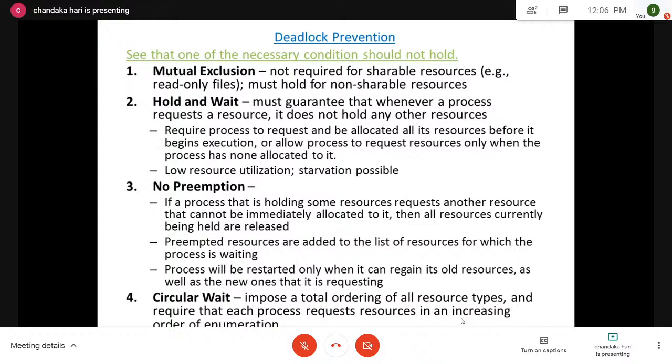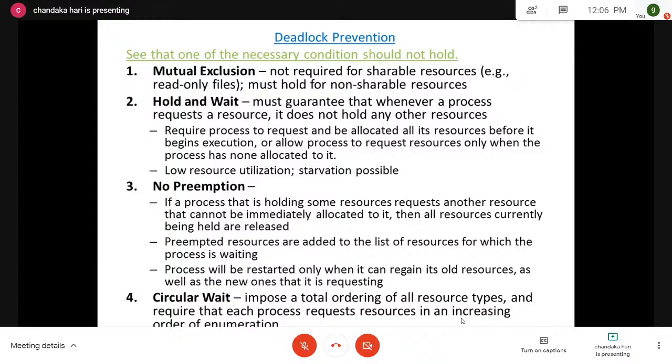Now, the third one, no preemption. What is no preemption? No preemption in the sense that if your operating system does not have the capability of forcibly stopping the execution of one particular process and giving control of the CPU to another process, again the system is in a deadlock state. Suppose you are given permission, yes, you are allowed to forcibly stop the execution of a particular process, then what happens is that